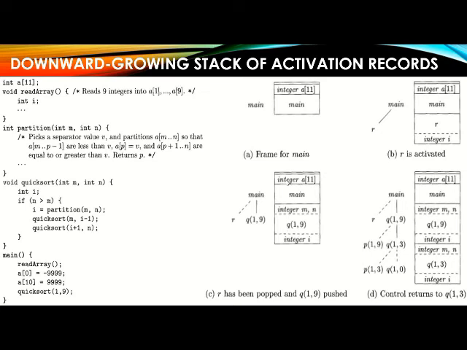First, integer a[11] and the main function, and then within the quicksort function we use int m, n. So we provide the space for those m, n, and the arguments passed to them are 1, 9. So that's q(1,9). Within this we again create some integer variable. This is the activation record for this function. After completion of the partition function, this is the memory space or activation record for that particular partition function, after completion of the entire program.